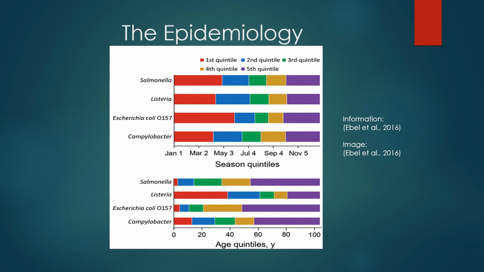Since 2004, the FoodNet surveillance catchment area has been stable. The FoodNet sites were Connecticut, Georgia, Maryland, Minnesota, New Mexico, Oregon, Tennessee, and selected counties in California, Colorado, and New York. To ensure sufficient data, scientists determined quintiles for season and age groups. Because the data distributions differed between the pathogens, these quintiles were determined for each pathogen separately. Sex and hospitalization status were binary variables.